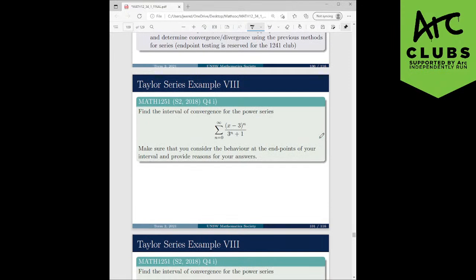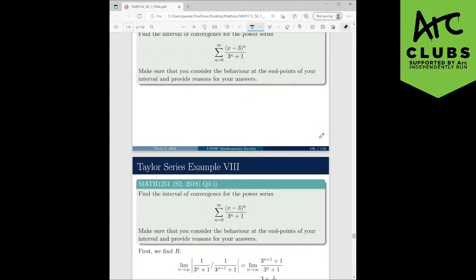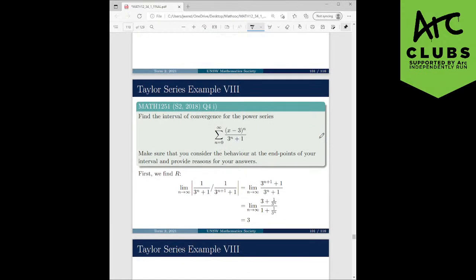So let's do a question with this one. It is actually pretty standard, no matter how weird these bullet points look. You see this, it's a power series because it takes the form of a power series. Your coefficient here, your a_n, is of course 1 over 3 to the power of n plus 1. Find the interval of convergence and then determine the behavior of the endpoints by subbing in. They don't say it, but that is how you determine the behavior of the endpoints. So